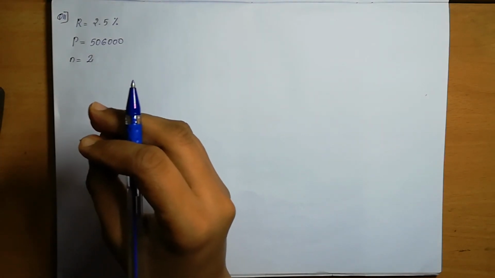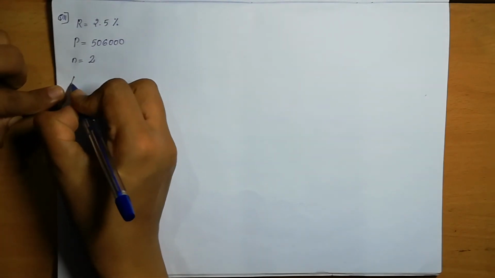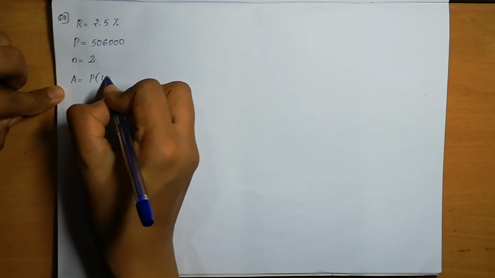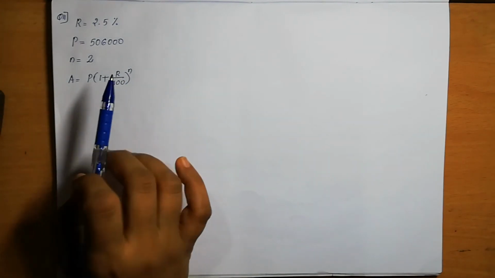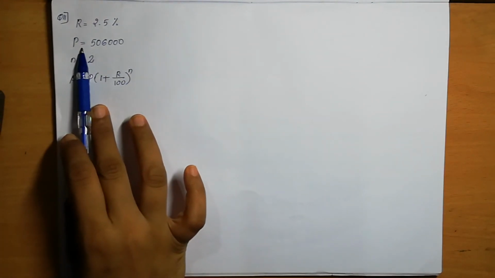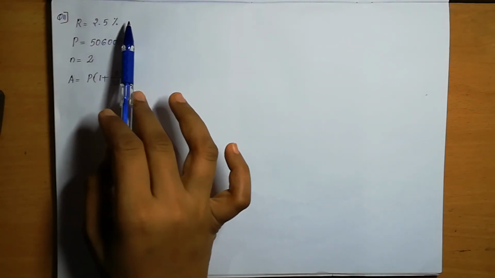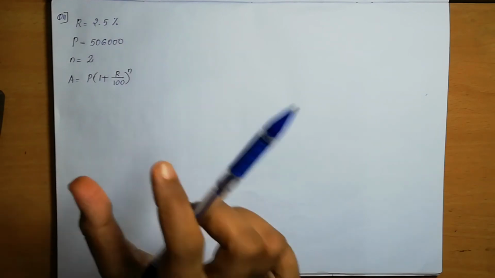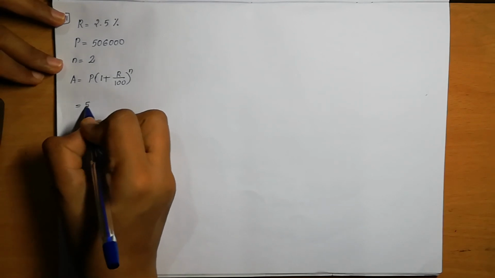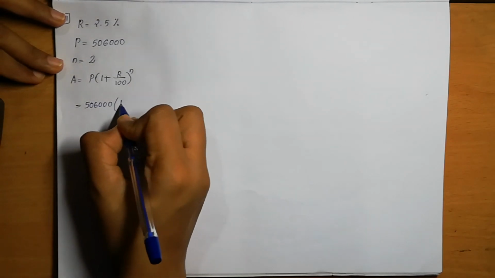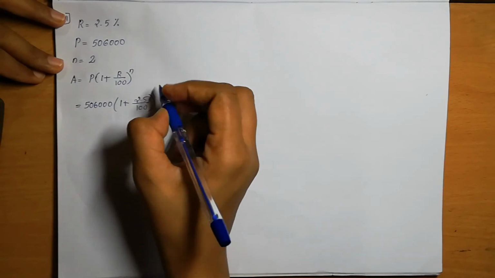Whenever you get this question, you need to think this is like a compound interest formula. So in the laboratory we need to find at the end of 2 years. That means what we need to find out? We need to find the amount, right? That is amount is equal to P into 1 plus R by 100 raised to n formula we need to use. So at the beginning the bacteria number we can take it as a principal. The rate, the incrementing rate is 2.5%. At the end of 2 years we need to find out, that is the time frame. So n we can take it as 2 also. Directly we can substitute the values over here. 5,06,000 into 1 plus rate is 2.5, 2.5 by 100 power 2.